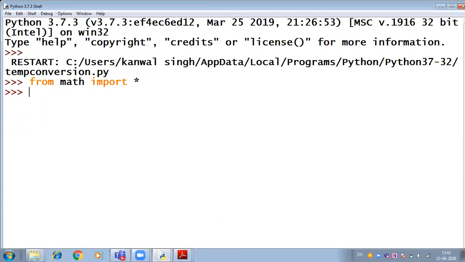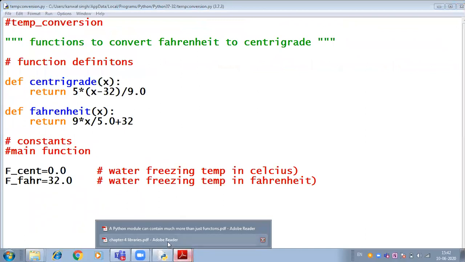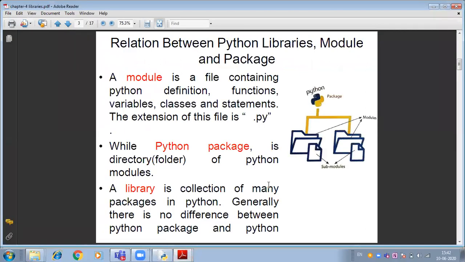So students, in this particular class we discussed modules, right? How to define modules, how to access modules, how to save modules, what are the functionalities of the module, fine, what is the basic structure of defining a module, right? So in this particular class you will find all these things, right? In the next class I'll come up with packages, library, and namespace.